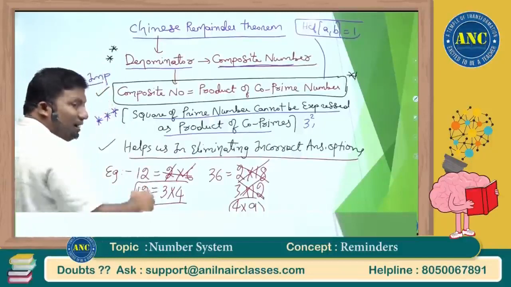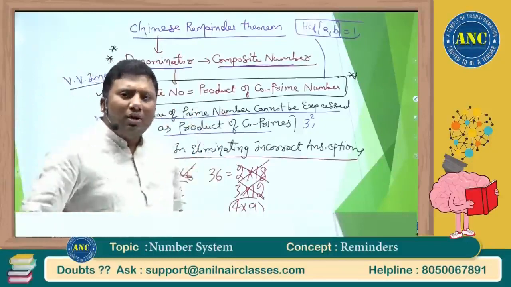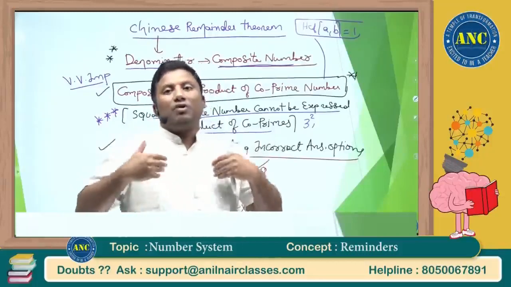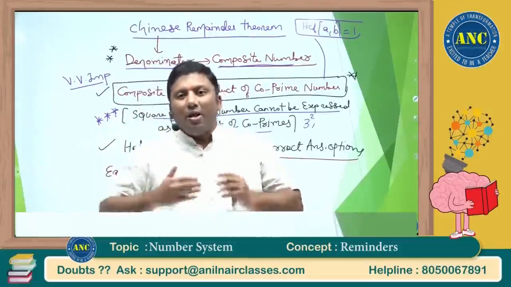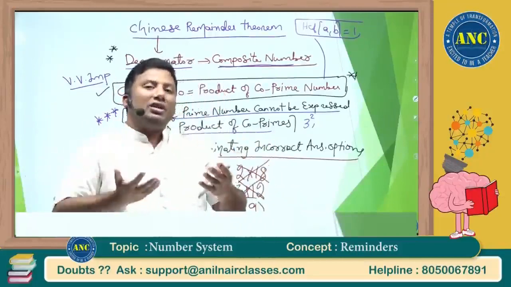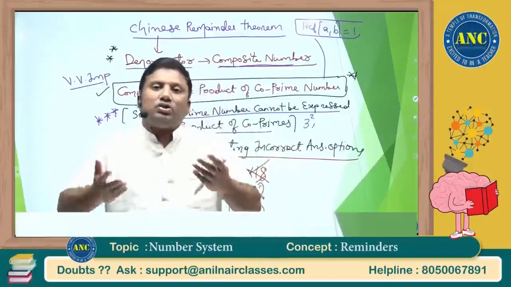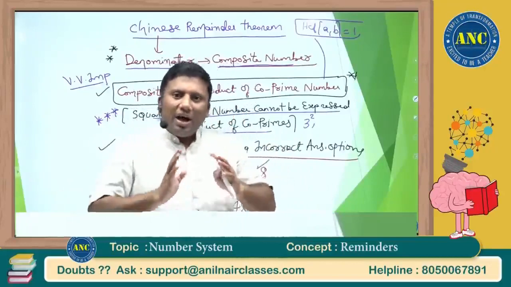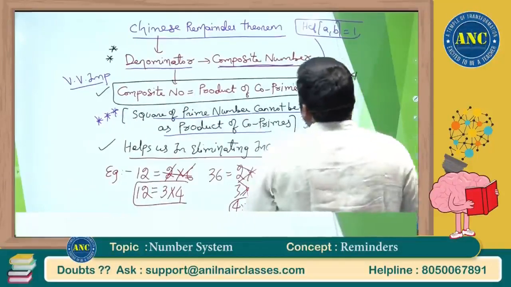This is what we did in our 4th class textbook. What is the divisibility rule of 6? It is the divisibility rule of 2 and 3. So we used the Chinese remainder theorem, but we did not know that the name of the theorem is Chinese remainder. 10 is nothing but 2 into 5. I hope the idea is clear.